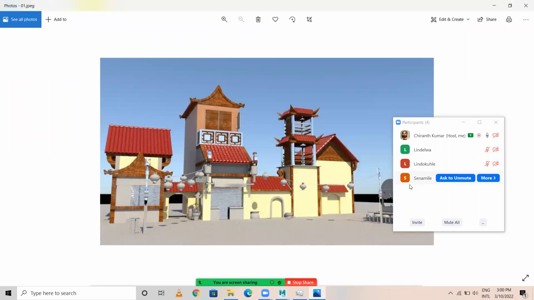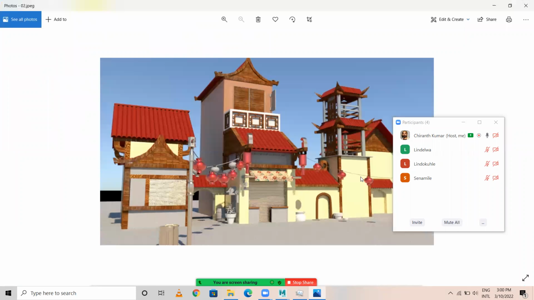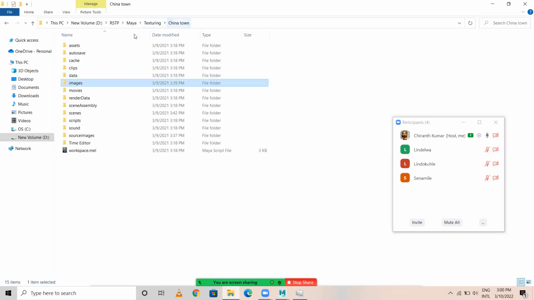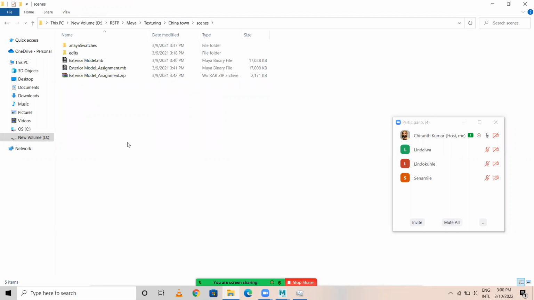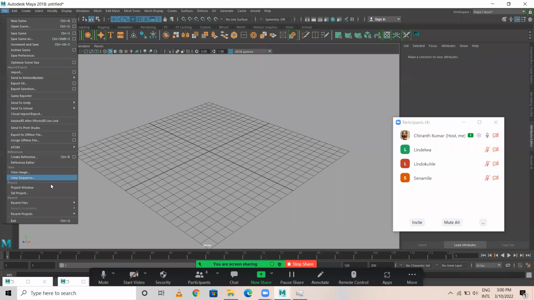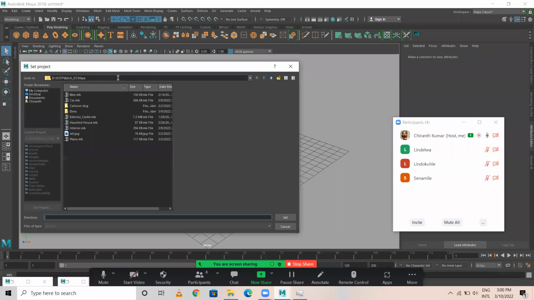This is another example of an exterior which we can do a lighting. Okay, so I'll take the scene. Let me just open Chinatown texturing. Set project.